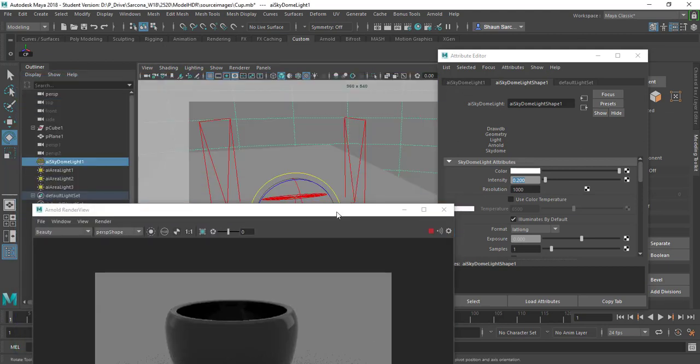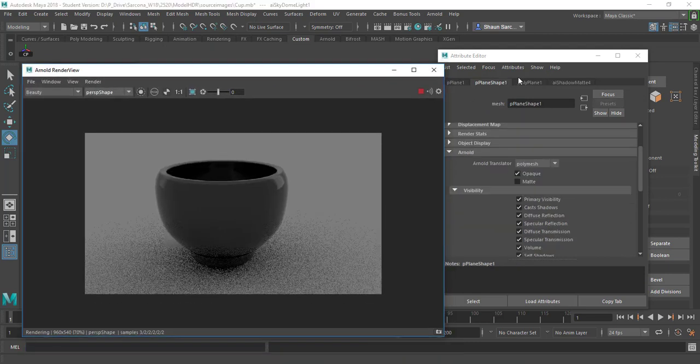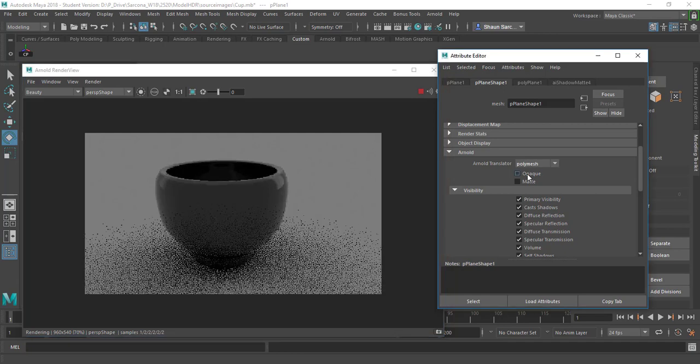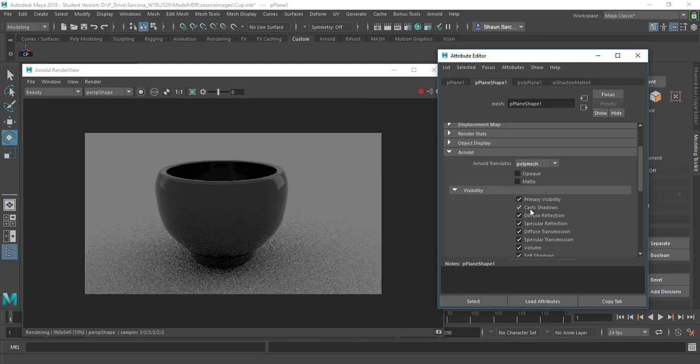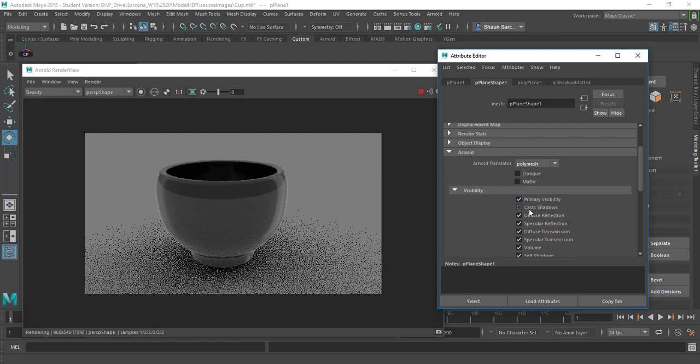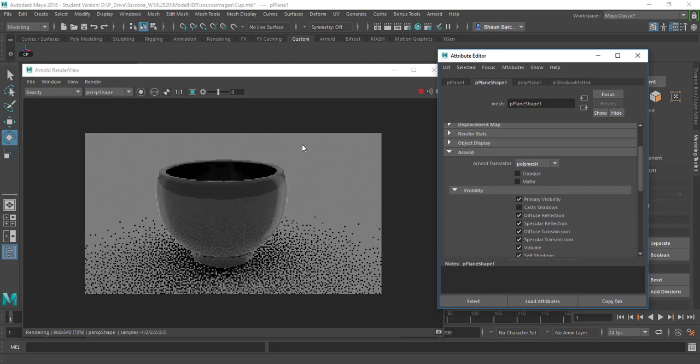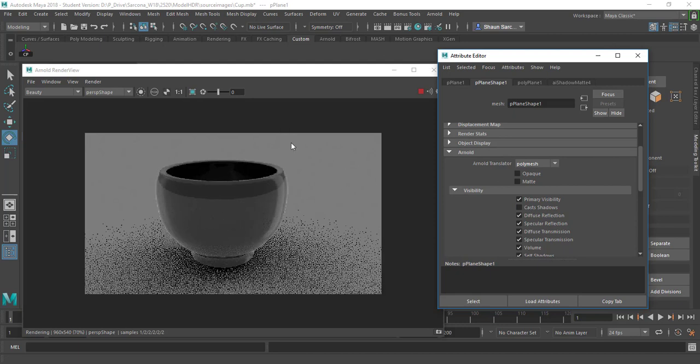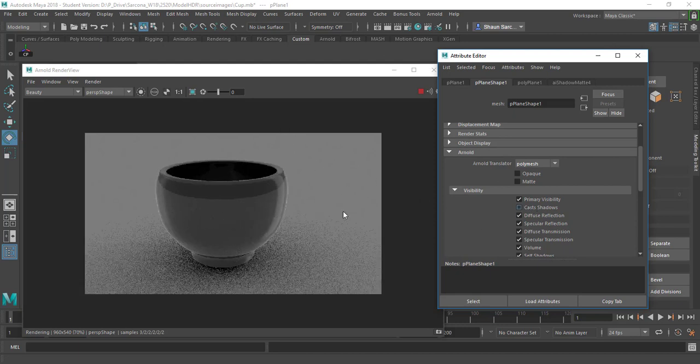So now if I click on the ground, I need to make this opaque because that's how that's set up. I need to turn off cast shadows on this item. Okay, so I don't want this to cast shadows because the ground shouldn't really be casting shadows. That doesn't make sense. And then once I do that, I get this big reflection of the ground in here,